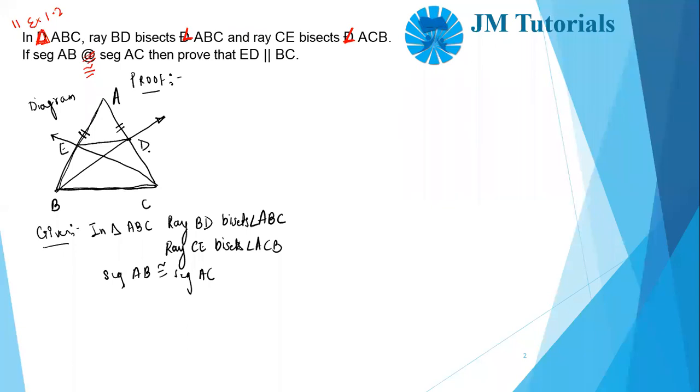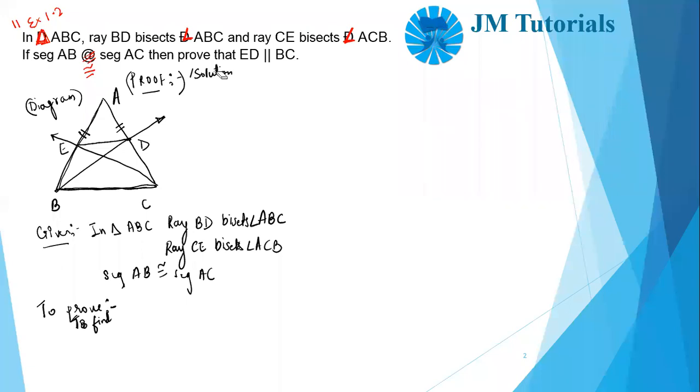So as a first line, you write proof, you draw the diagram, you write whatever is given, and then to prove. This should be your standard step always. If something is asked, some value is asked, then it will be to find, and instead of proof you write solution. So either you'll have to prove something or you'll have to find something.